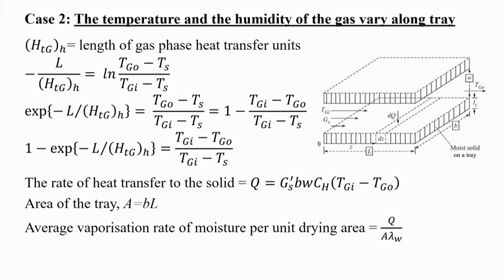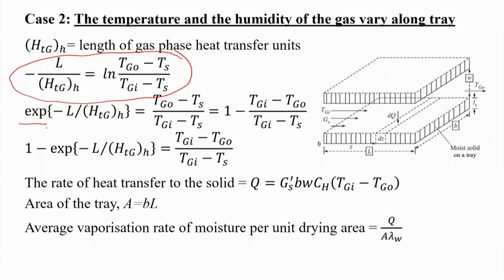Now, you see, just by manipulating this, we can write this one L in the form of Htg. So, we will be getting from the previous equation: minus L by Htg is equal to ln of (Tgo minus Ts) by (Tgi minus Ts). If we take the exponential of both sides, then we will be getting